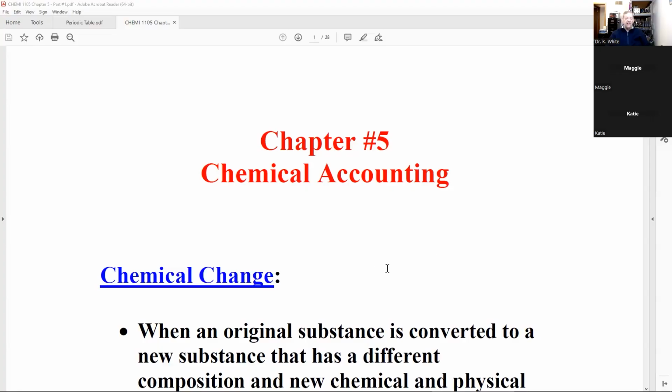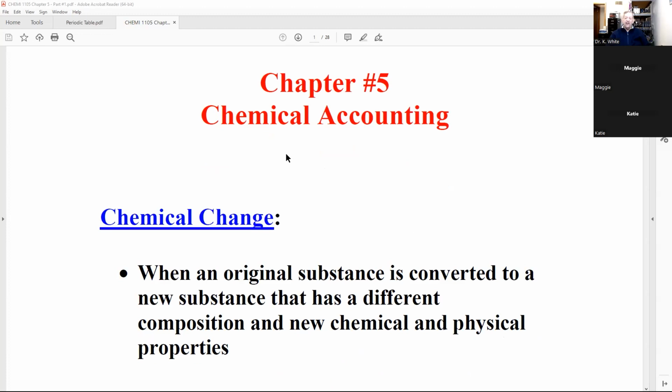So let's look at that. Chapter 5 in your book has the title Chemical Accounting, which it sort of is, but it's a lot more than that. I should tell you, my mother was an accountant, which meant when I started using a checkbook, she'd ask me, did you make sure it balances out? I said, well, I was about a penny or 2 off. And she said, no, you got to go back and check and find why you're 1 or 2 pennies off. And I would tell her, why should I spend 20, 30 minutes of my time for 1 or 2 pennies? If I were dollars off a lot, I'd spend the time.